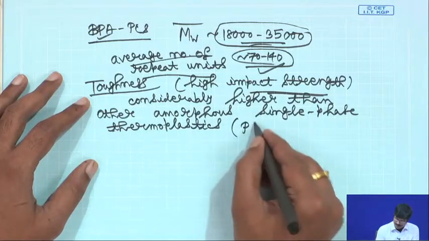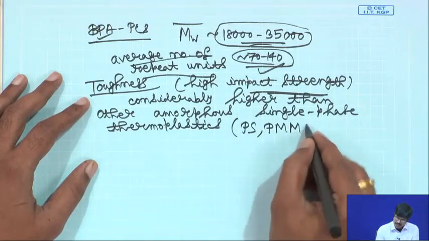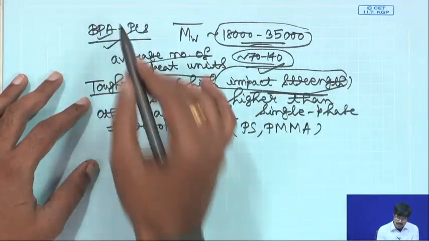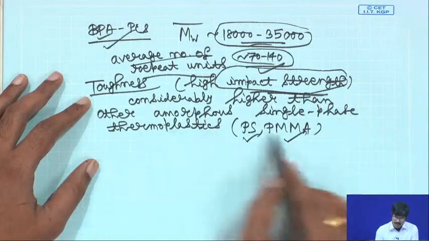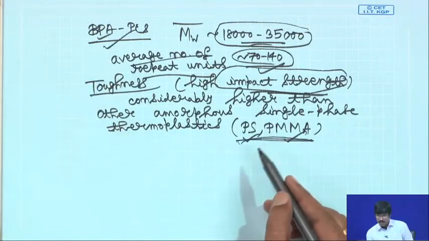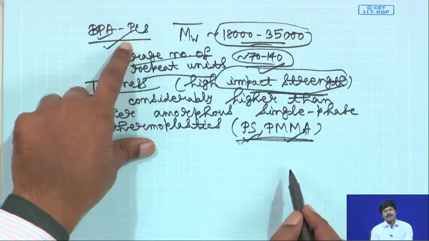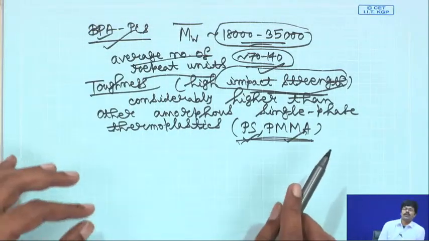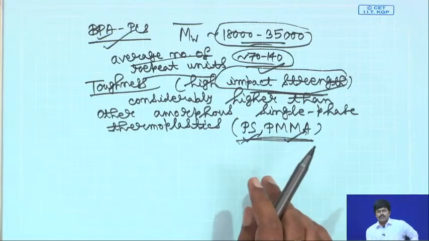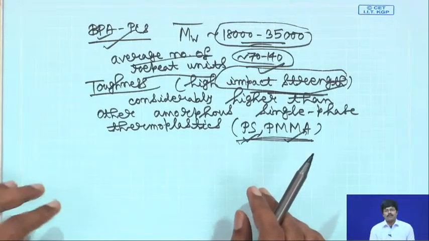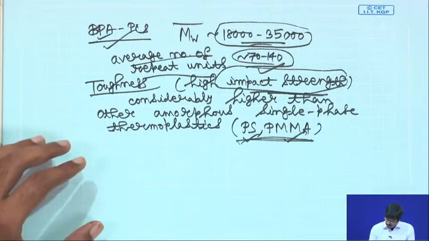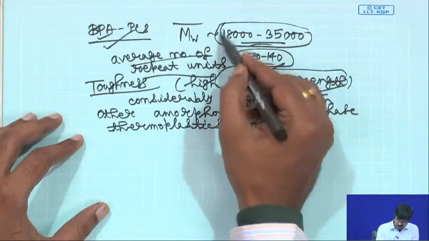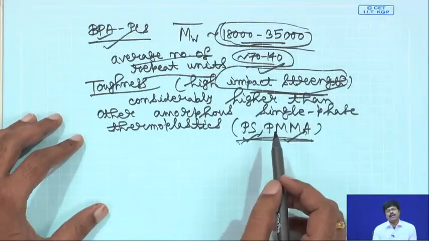Example, polystyrene or polymethyl methacrylate. So, the impact strength of bisphenol A polycarbonate is significantly higher than some of these other amorphous thermoplastic materials, because bisphenol A polycarbonate is also an amorphous thermoplastic material. So, it helps to compare these materials with their counterparts which are of the similar category. Now, of course, this is not very high,